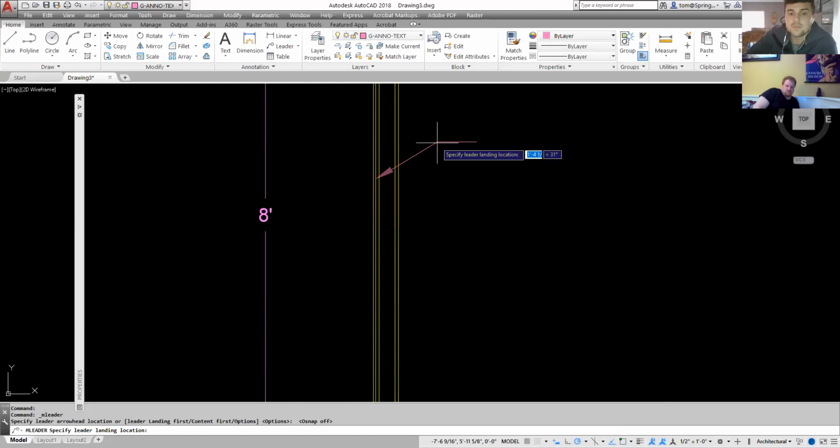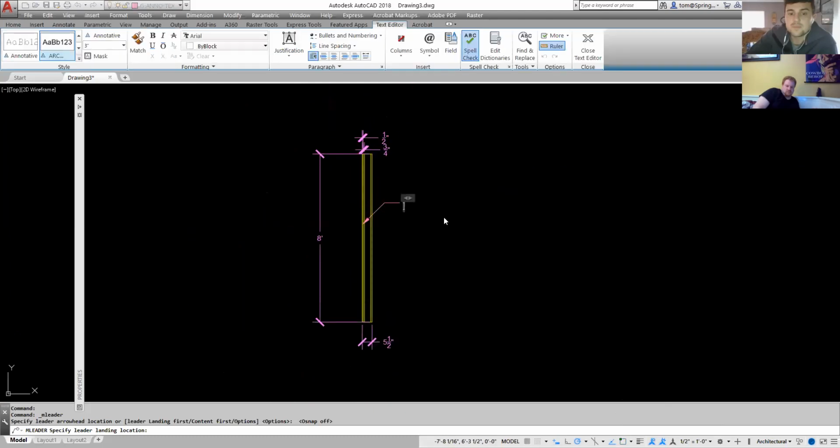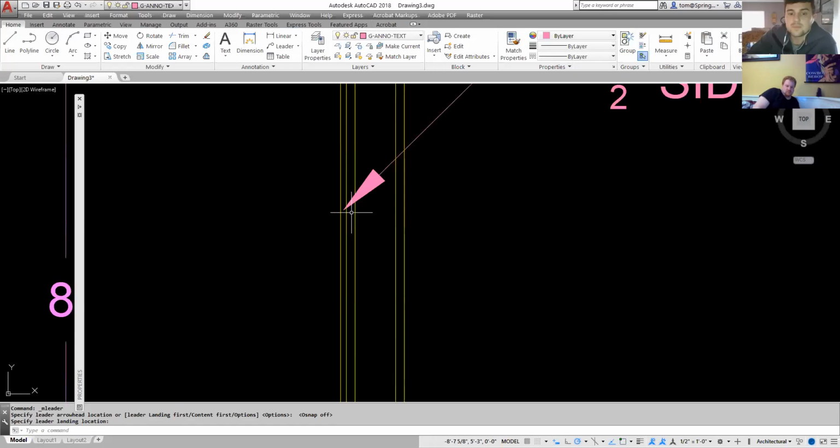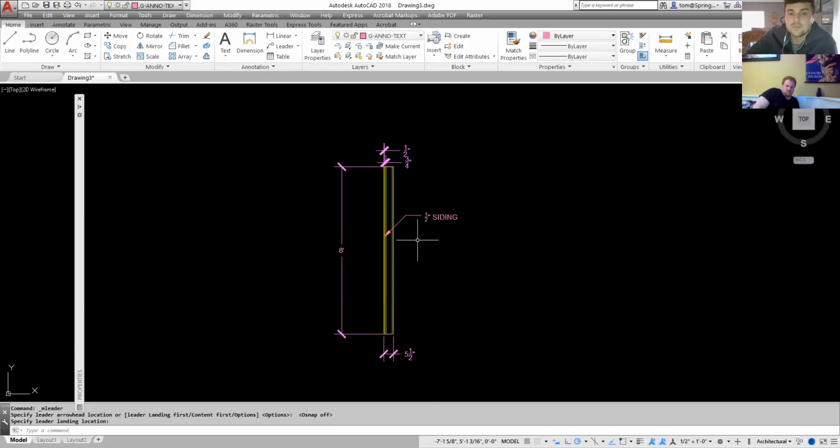I'm just going to go right from here and put a notation over here. In this one, I'm going to say 3/4, rather, 1/2 inch siding. Like that. And you can see the arrow is pointing at that 1/2 inch siding on the very outside. So I've got that. And then I'm going to make another one that says 3/4 inch plywood sheathing, which is